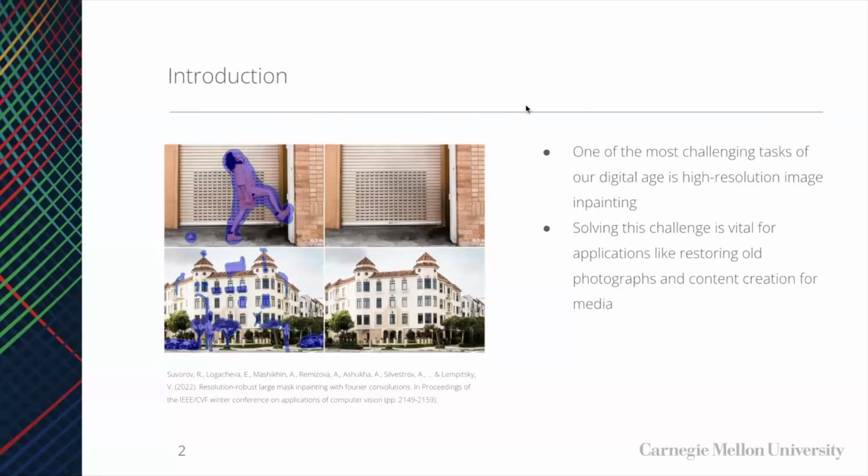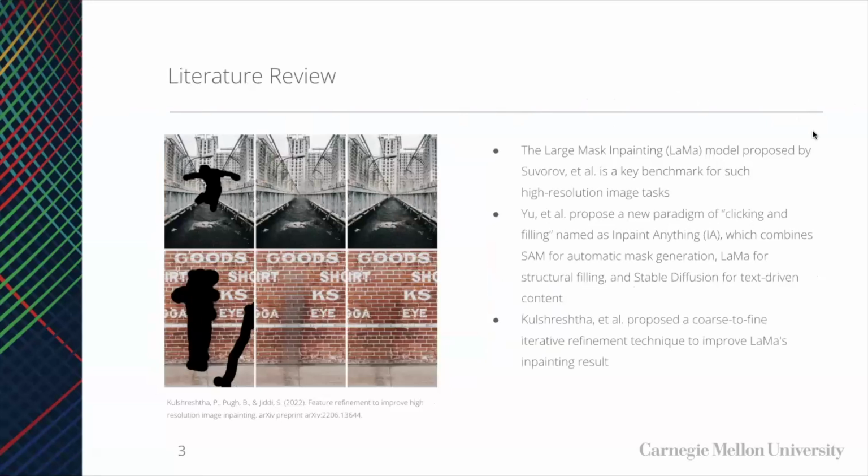Solving this challenge is vital for applications like restoring old photographs and content creation for media, all of which demand seamless large-scale results. Recent methods have focused on scaling these ideas to higher resolutions. The large mask inpainting model proposed by Suvorov et al. is a key benchmark for such high-resolution image tasks. Yu et al. proposed a new method of clicking and filling named Inpaint Anything, which combines the Segment Anything model for automatic mask generation, LaMa for structural filling, and Stable Diffusion for texture-driven content,